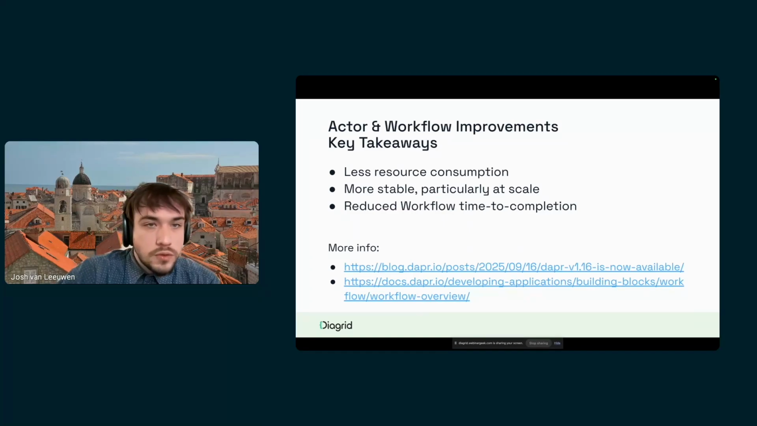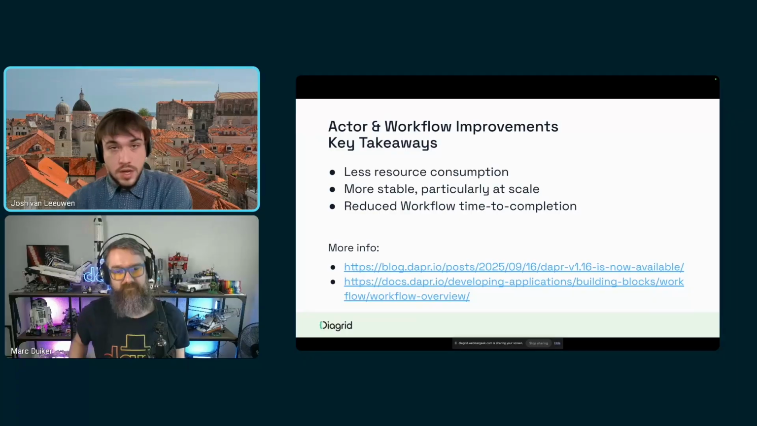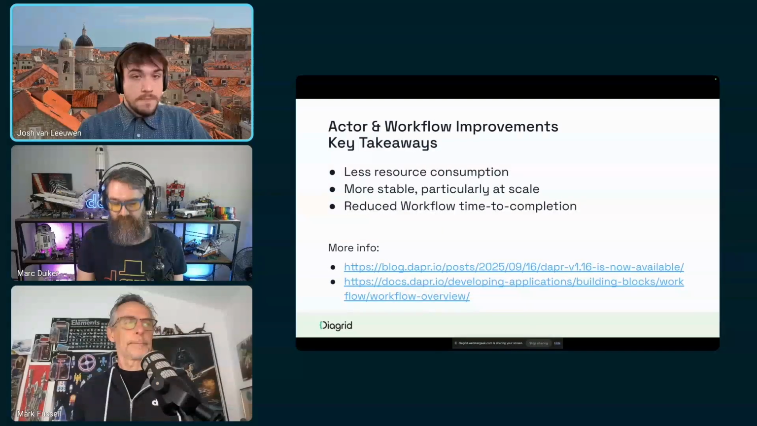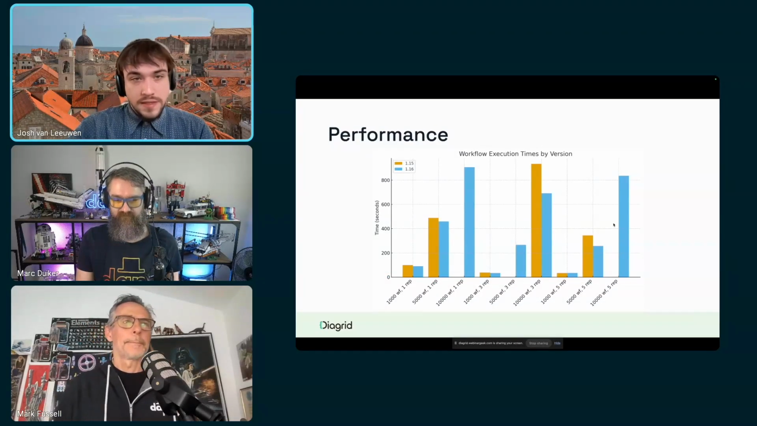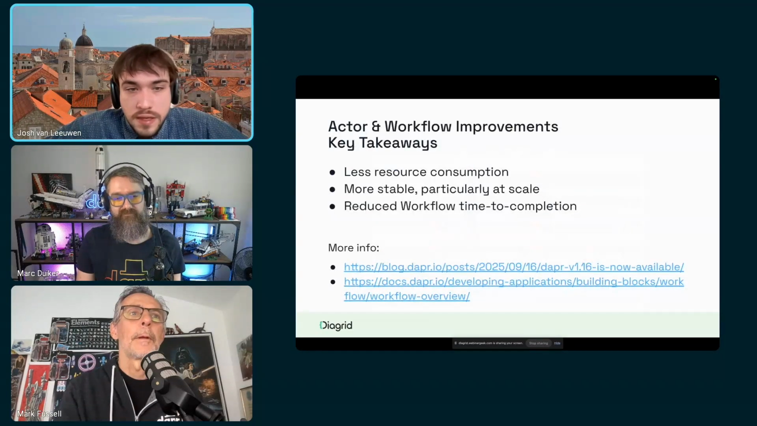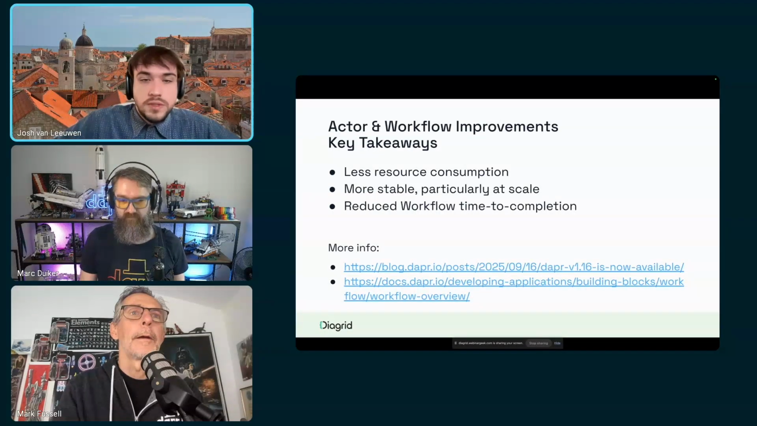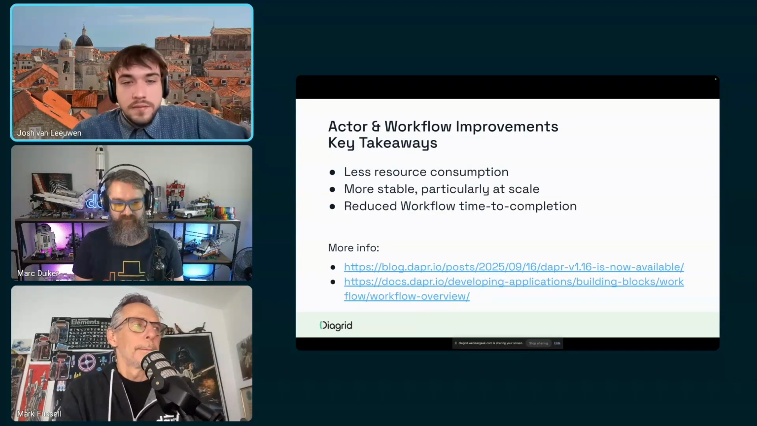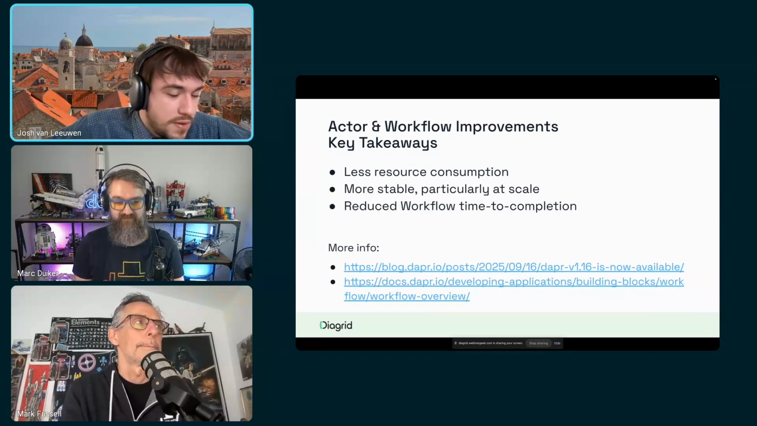Also, the main takeaways: we got less resource consumption across the board. That resource consumption is much more stable, particularly at scale, and we've reduced the workflow time to completion. So specifically, going back to this graph, this is time to completion of the workflows, and I've got some links there as well. You can look at the release notes that we had for 1.16, which goes into this in more detail, and the workflow overview documentation I've added there as well to give yourself a bit of a read on workflows generally. With that, I will hand it